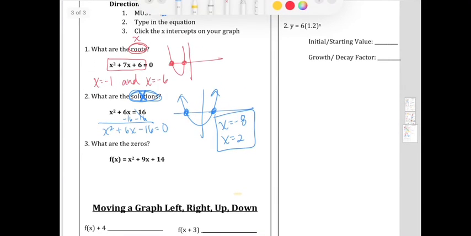Okay, try that one more time. The zeros are the same thing. If this one says f of x equals, you can just type it in just like that. Try number 3. Where does this graph